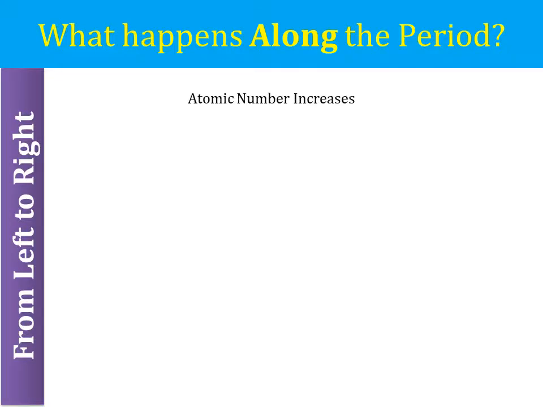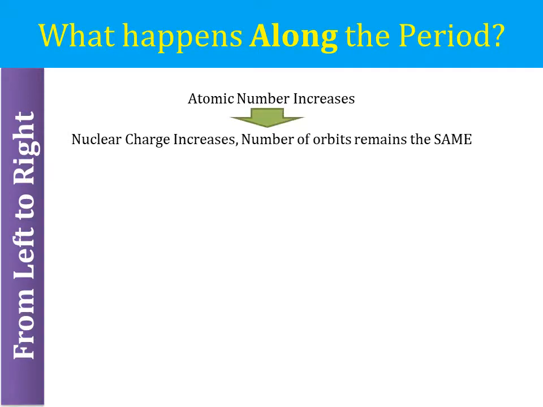From left to right of the periodic table, atomic number increases. Then what happens? If atomic number increases, nuclear charge increases, but there is a twist. The number of orbits remains the same, which means